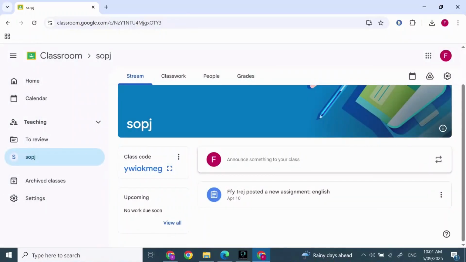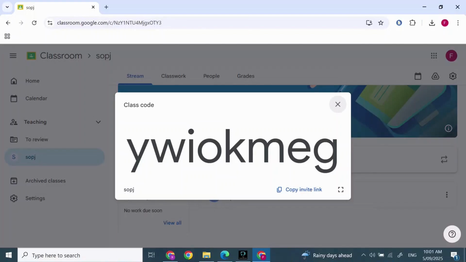You can copy it by simply selecting there or click on the display option and you will find it in a bigger image. You can also click on copy invite link, and this is how to find Google Classroom code